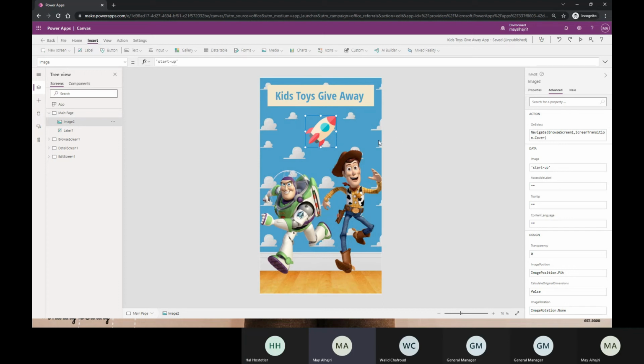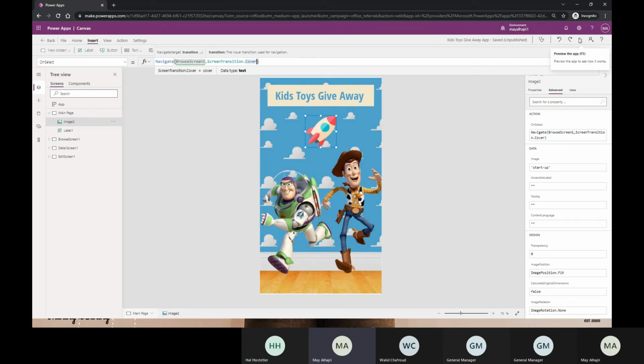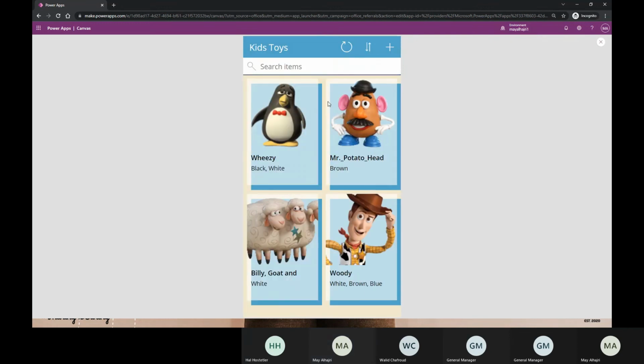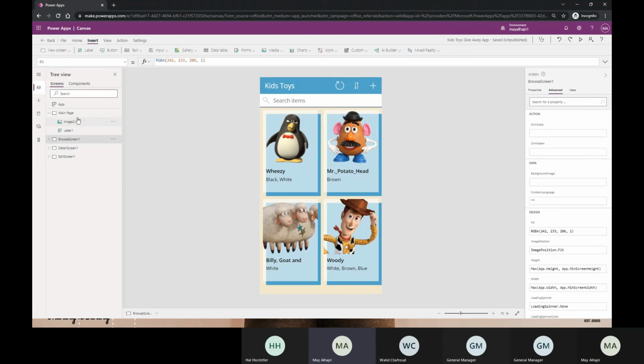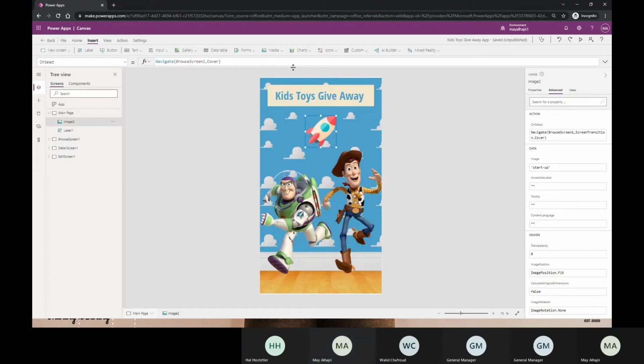So here, when the user clicks on this one, I would like to navigate to another screen, which is the name of the second screen that I would like to navigate to, and with some action, like cover. I don't want it to give the user the feeling they are moving to another screen. So once I click on it, with cover, the screen moves from the right to the left. But if I don't want this feeling, I would like to make it a fade. How can we make it? You just need to change it here from cover,